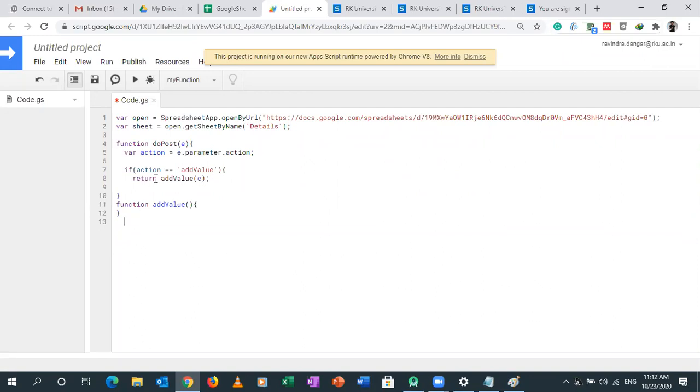Fine. So as of now you can see I have written the code for add value only. So let me just finish this do post function here. If condition is completed, now let me finish do post, and